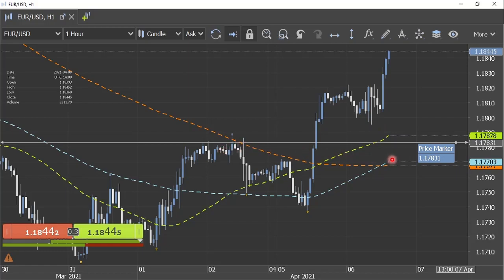So the stop loss of anywhere around 1.178 or 1.177 should be good enough for entry above the 1.18, while targeting the price levels closer to 1.19 eventually. So by the end of this week, we can expect the Euro USD to get closer to those levels. And with this, the technical analysis